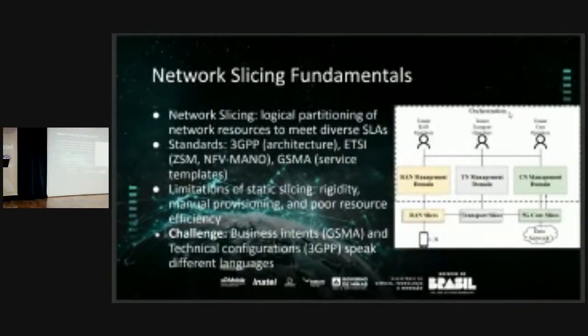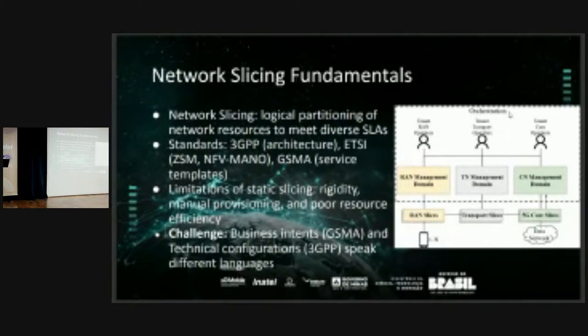It's important we define the 3GPP view. In the 3GPP view, the core network is only an identifier for the slice. It's not management, not orchestration. The orchestration is at a higher level.